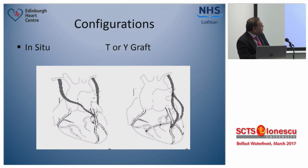The left internal mammary artery is then used to sequentially graft the diagonal and the LAD at the front of the heart, where the right internal mammary artery is anastomosed to the obtuse marginals and the PDA at the back of the heart. Now, this setup increases the complexity of the operation by a few notches. Also, using sequential grafts makes the operation technically more complex, and technical imperfections in this case can lead to significant